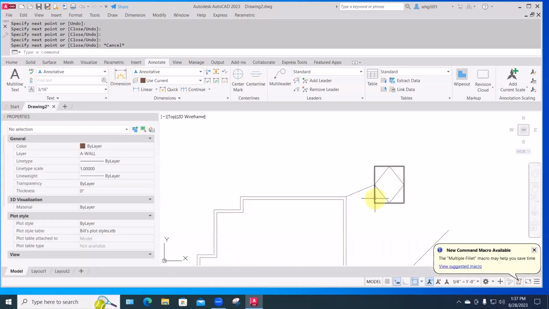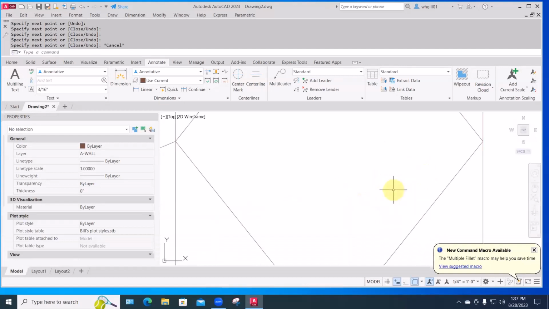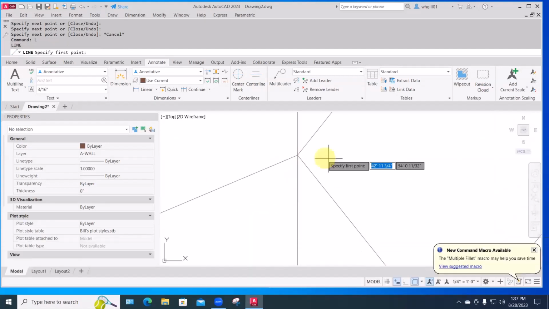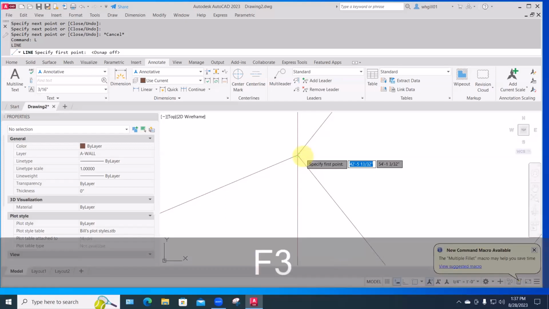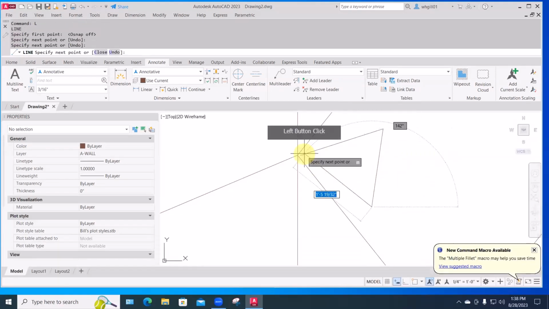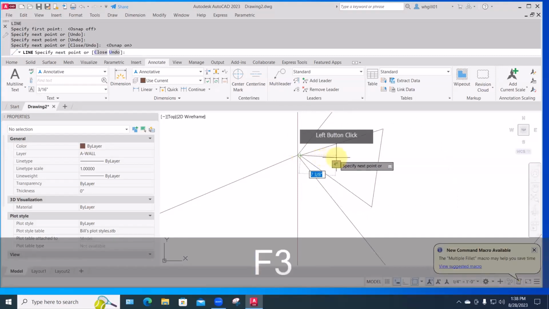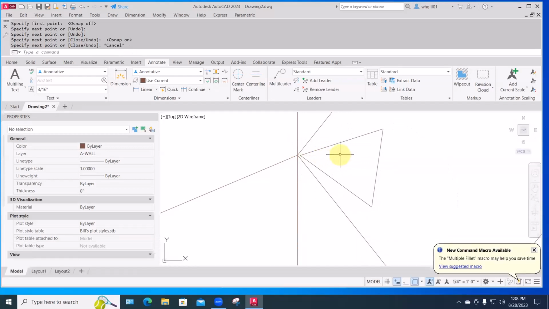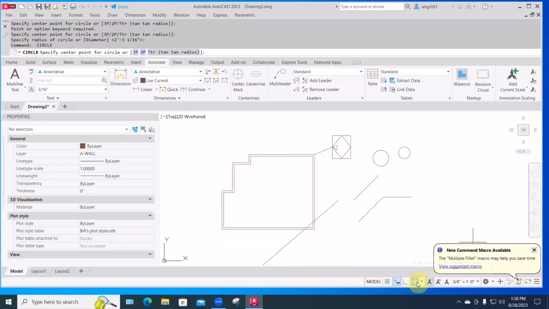If you want to get close to something but not hit it, let's say I wanted my line to start right where the cursor is, but not on that one. I can use F3 to turn snaps off, come in, get just as close as I want. Turn it back on to snap to the end of that. So you can change those right in the middle of a command, depending on what that next actual point happens to need. And speaking of next point, let's say I